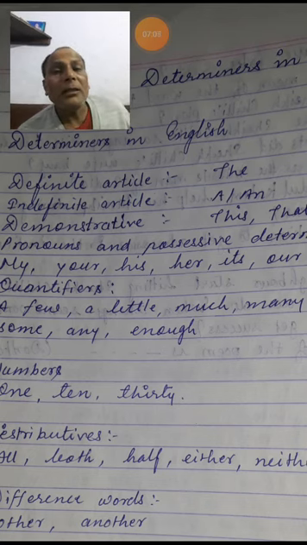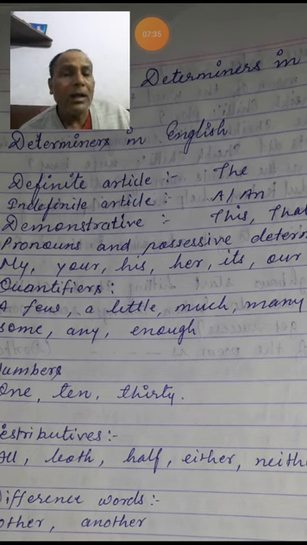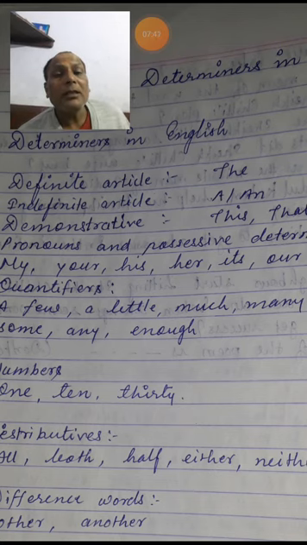But for a or an, it depends on the sound first, and second, it is used only for the singular noun. Okay, so that was the matter of the definite article and indefinite article: definite article the and indefinite article a or an. In this regard, we resume our journey towards the demonstratives.